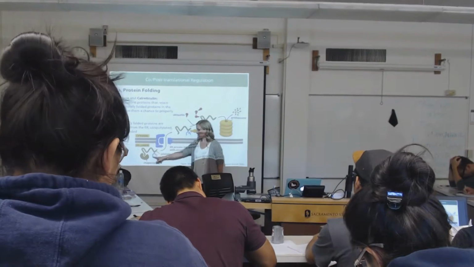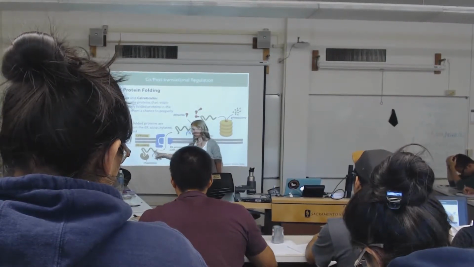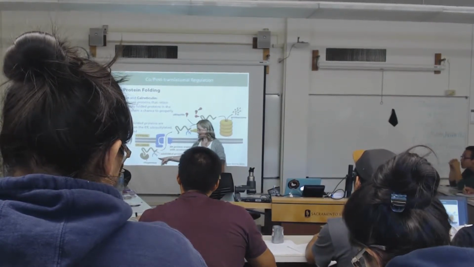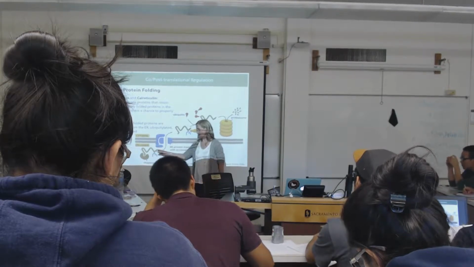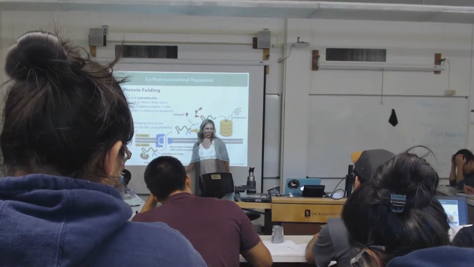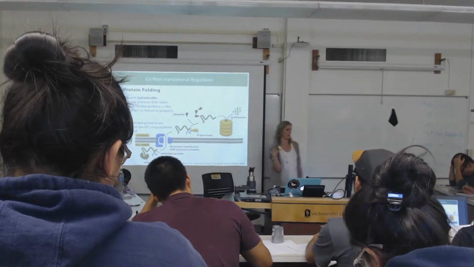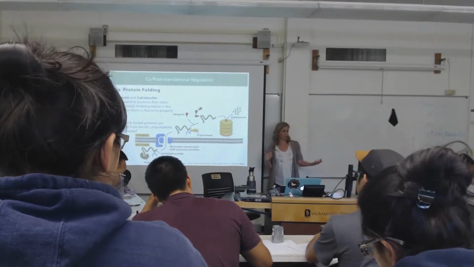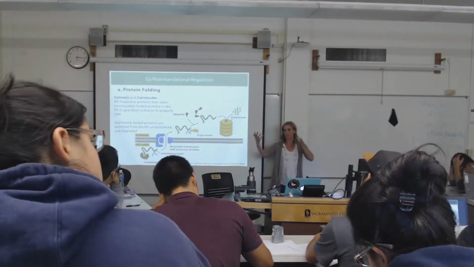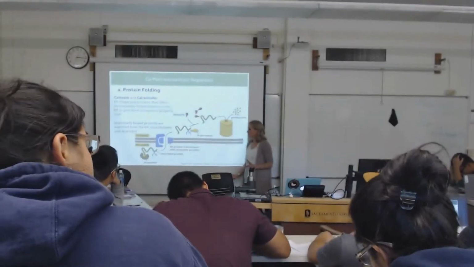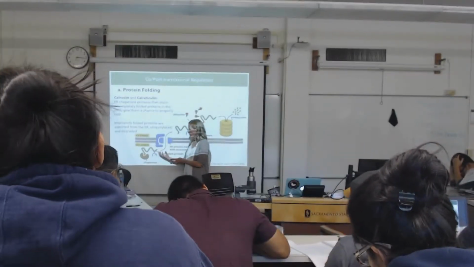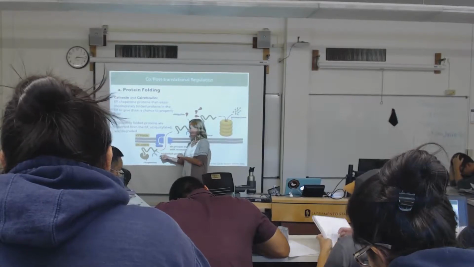So this green thing is supposed to be a peptide, and this blue thing is the oligosaccharide that's attached to the peptide. So later in this lecture, we're actually going to talk about glycosylation that occurs in the ER. So they get these big sugars added to them. And basically, the way that the protein folds,